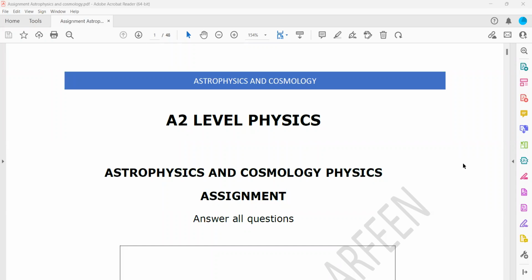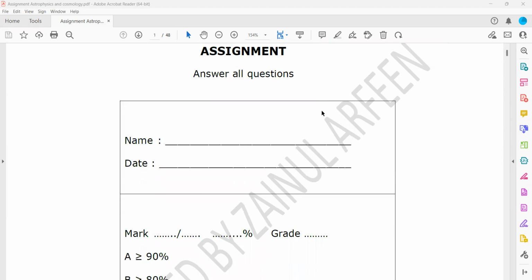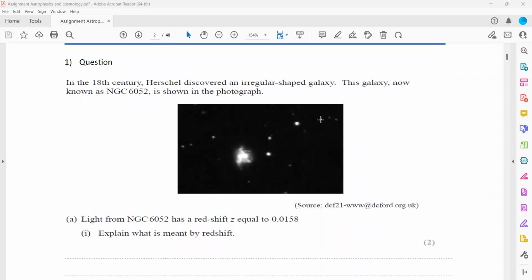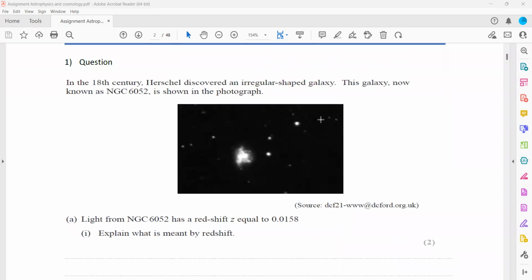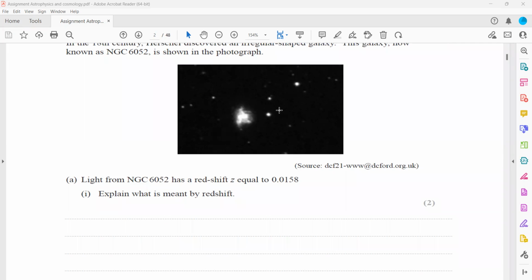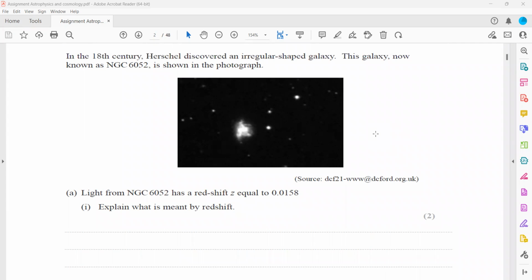So this one is an exercise which is related to astrophysics and cosmology. In the first question, in the 18th century, Herschel discovered an irregular shaped galaxy. This galaxy is now known as NGC 6052. As shown in the photograph, you can see light from NGC 6052 has a redshift which is equal to